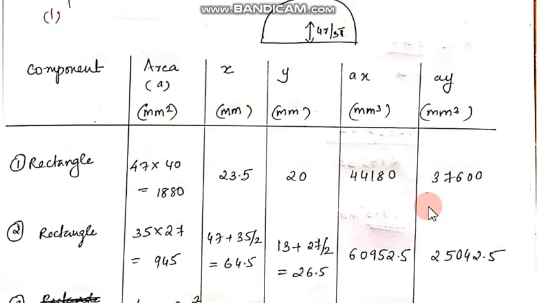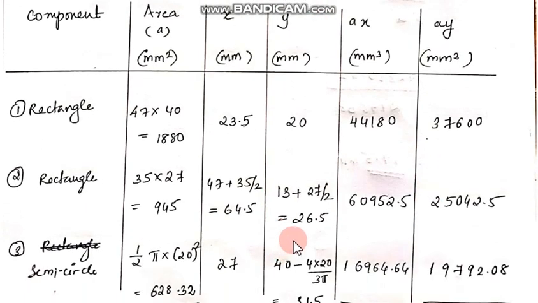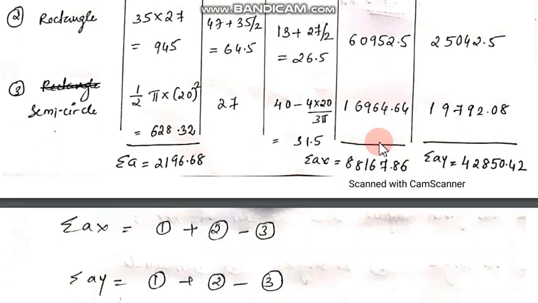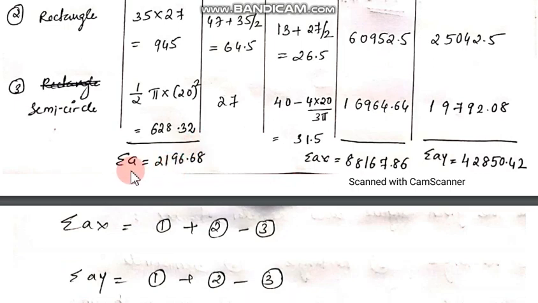Now you got the x distances and the y distances. The next step is you need to find ax and ay. Just multiply this column and this column, you'll get ax. This column and this column, you'll get ay. Find it. Now finally, when you're taking summation of a, summation of ax, summation of ay, instead of adding all